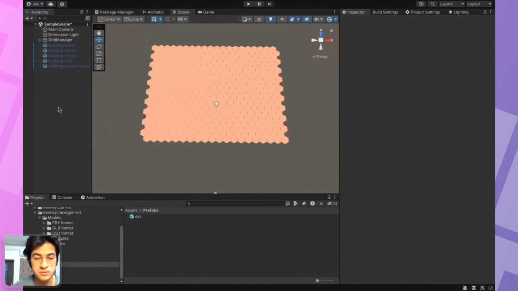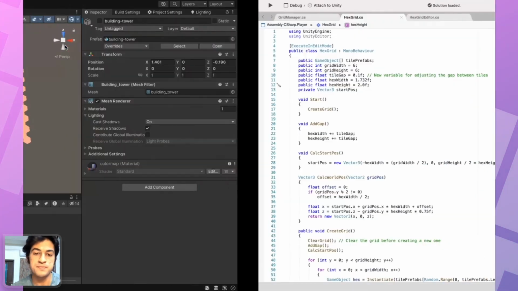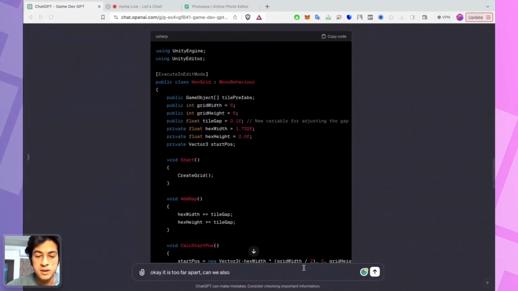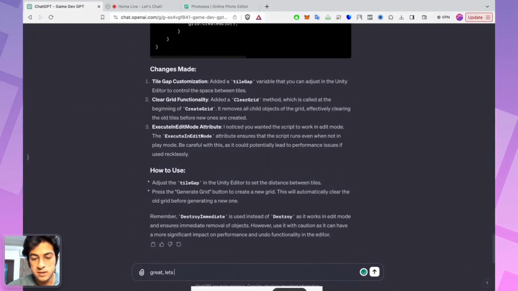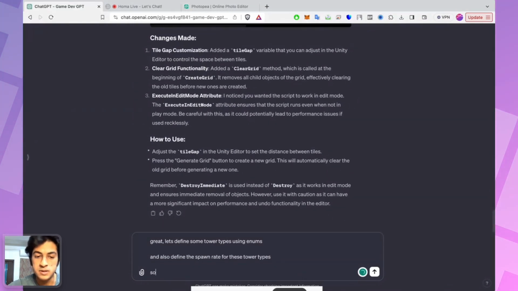So now we want to add two things to it. We want to define different tower types, which we can do using enums, and we want to define a spawn rate for each of these tower types. Let's give it an example to be specific with what we mean.